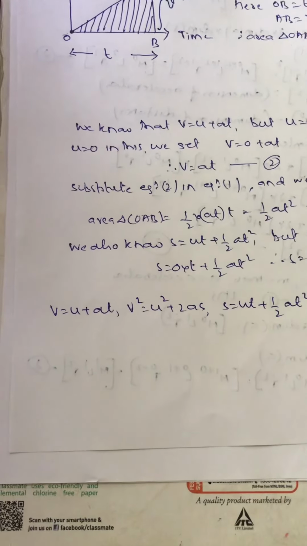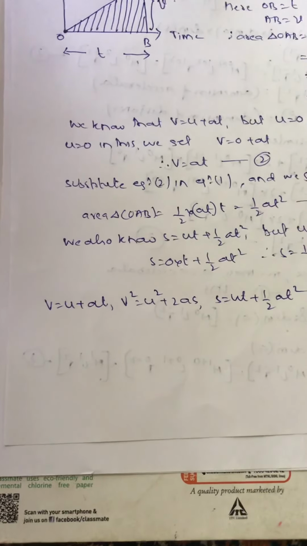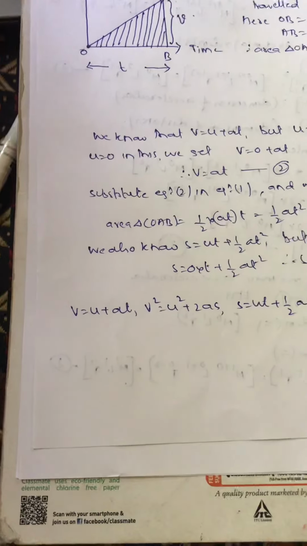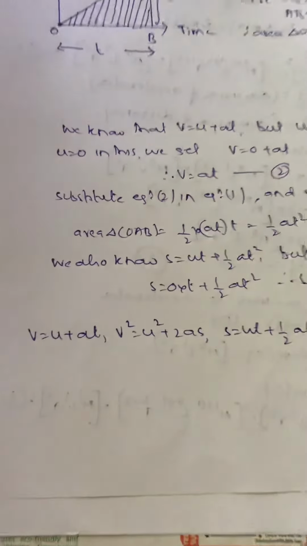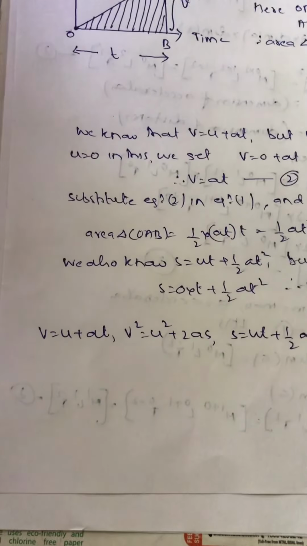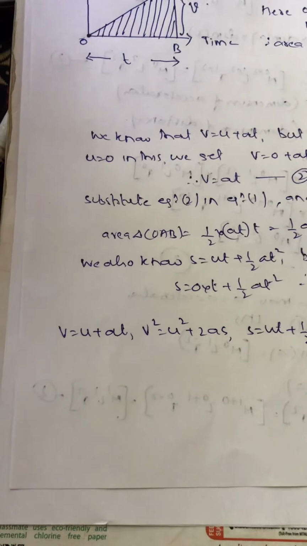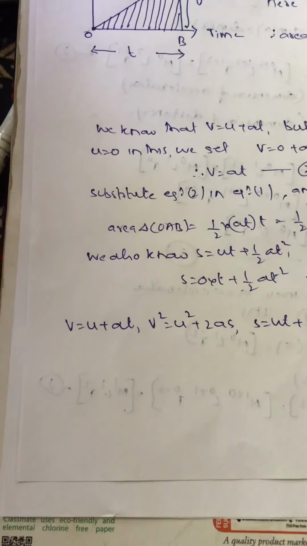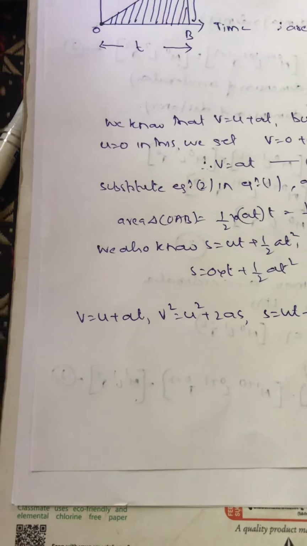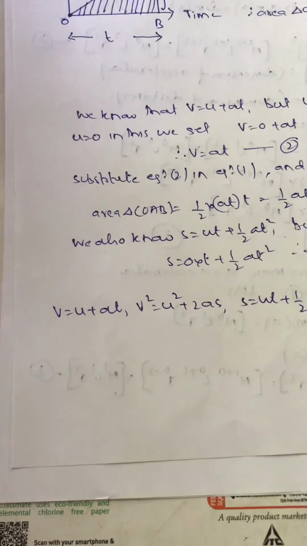And for solving any type of problem from this particular topic, the three equations of motion will be more than enough, namely v is equal to u plus at, v square is equal to u square plus 2as, and s is equal to ut plus half at square. You can use any of these three equations to solve the given problem. Problems will be straightforward. Sometimes you may have to use a second equation also to find the unknown quantity and then plug into the first equation. That's how you have to solve the given problem.